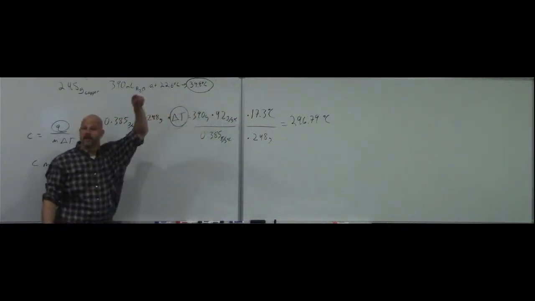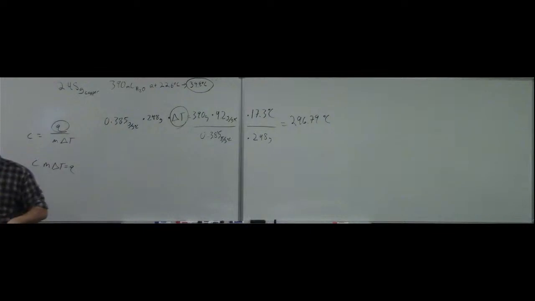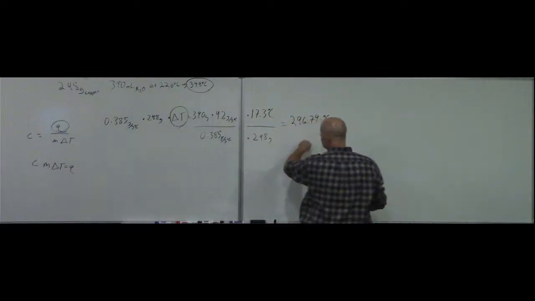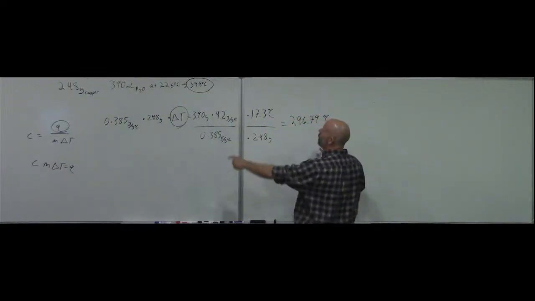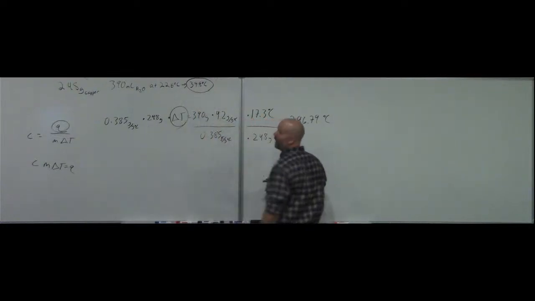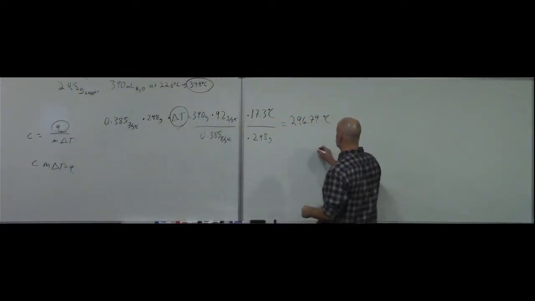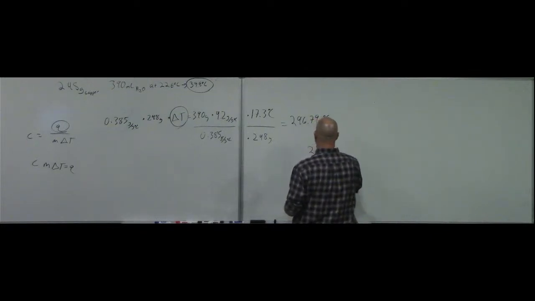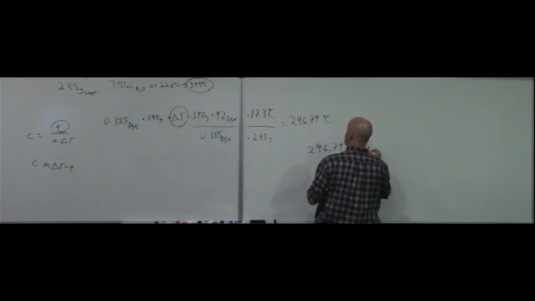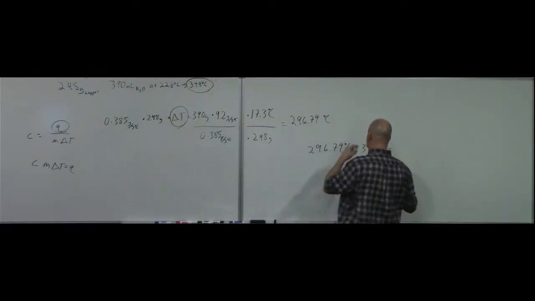Hotter, which means my copper got hotter or colder? Less hot. So the temperature went down. So I need to add or subtract this from my delta T. Will I add or subtract this value? I'm going to add it. Right? So 296.79 degrees centigrade plus 39.9 degrees centigrade equals